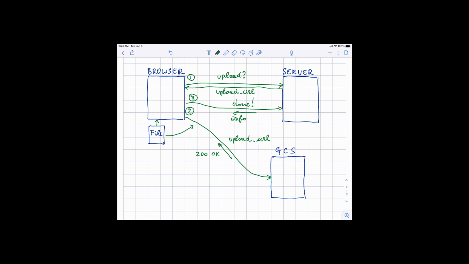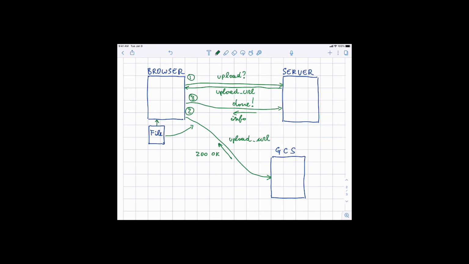And if you talk to GCS and get a confirmation for the upload, then the server does not know about it, and you need to tell the server. The server needs to keep track of which files have been successfully uploaded on GCS in order to label the uploads as successful, so that you can keep track of the files that are uploaded there and delete them in case of need. Okay, so you need to close the loop with the third request. This will be the general scheme of things we will need to do.